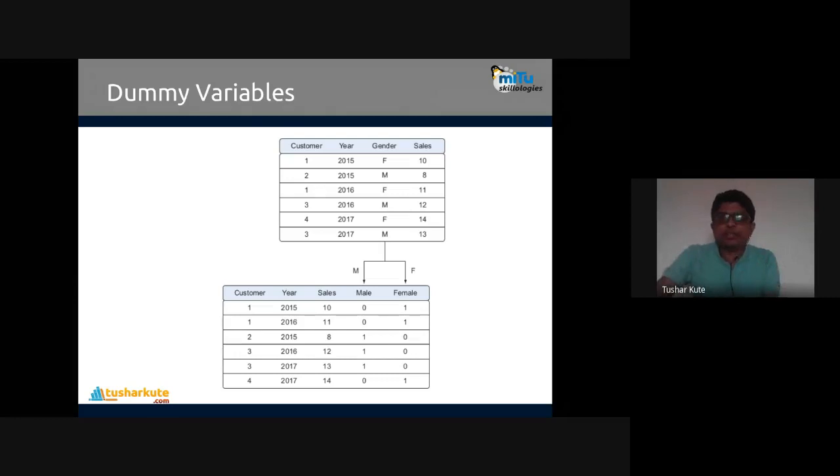See this one, gender, F and M are there. I require the data so that F is 0 and M is 1, like this. Or I will create separate columns for them. See this one, whether F is present there, so you can check how it transforms. Where male is present, it will be 1, for female it will be 1.